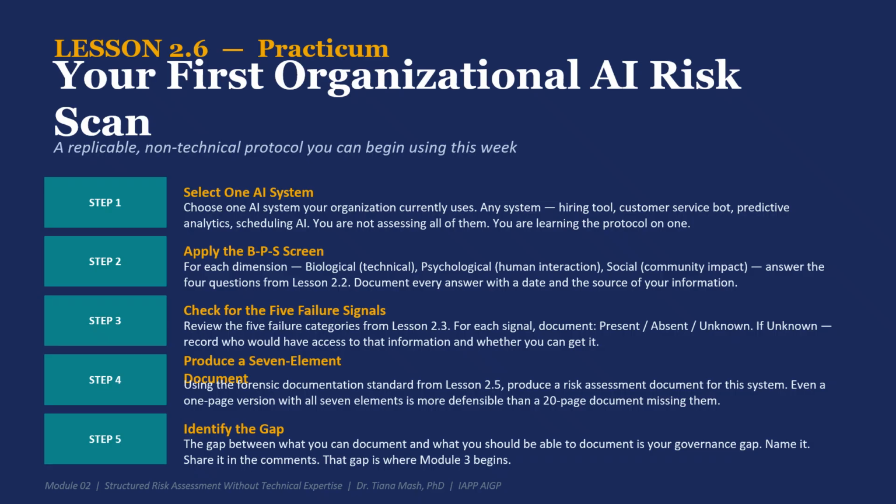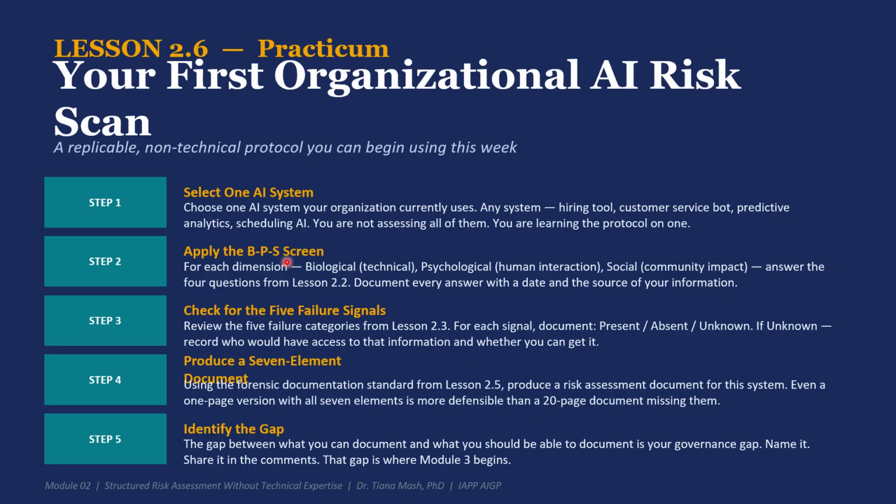Step 2 is applying your biopsychosocial screen. And what is that? We've already talked about it. For each of these 3 dimensions, bio, psychological, and social, answer the 4 questions from lesson 2.2 and document every answer with the date and the source of your information. Remember, you're practicing your forensic documentation standard, so ensure that you record time, date, place, and initials if you have to. Even if the person doesn't initial or identify, look at the time, timestamp everything. If you cannot answer a question, document that too,